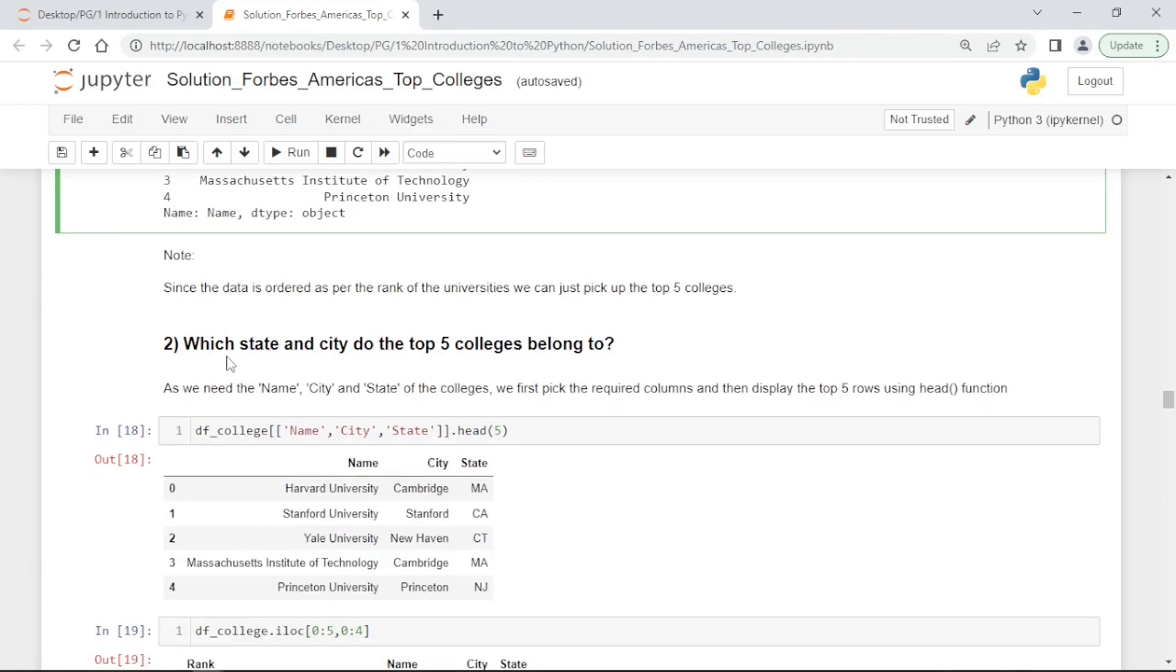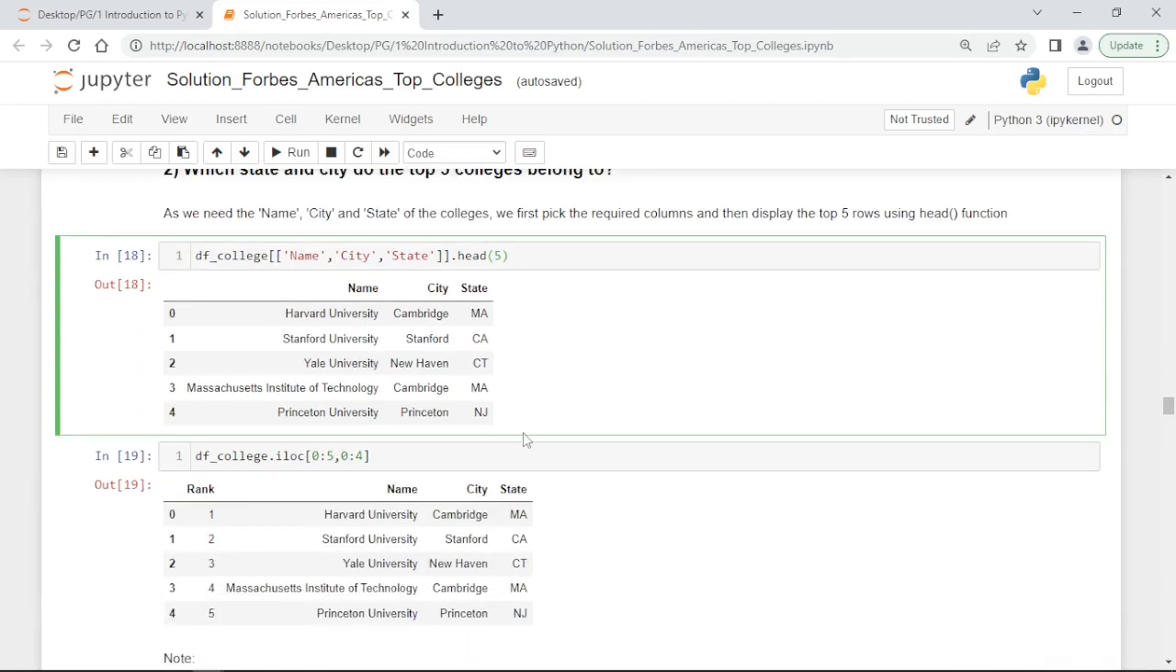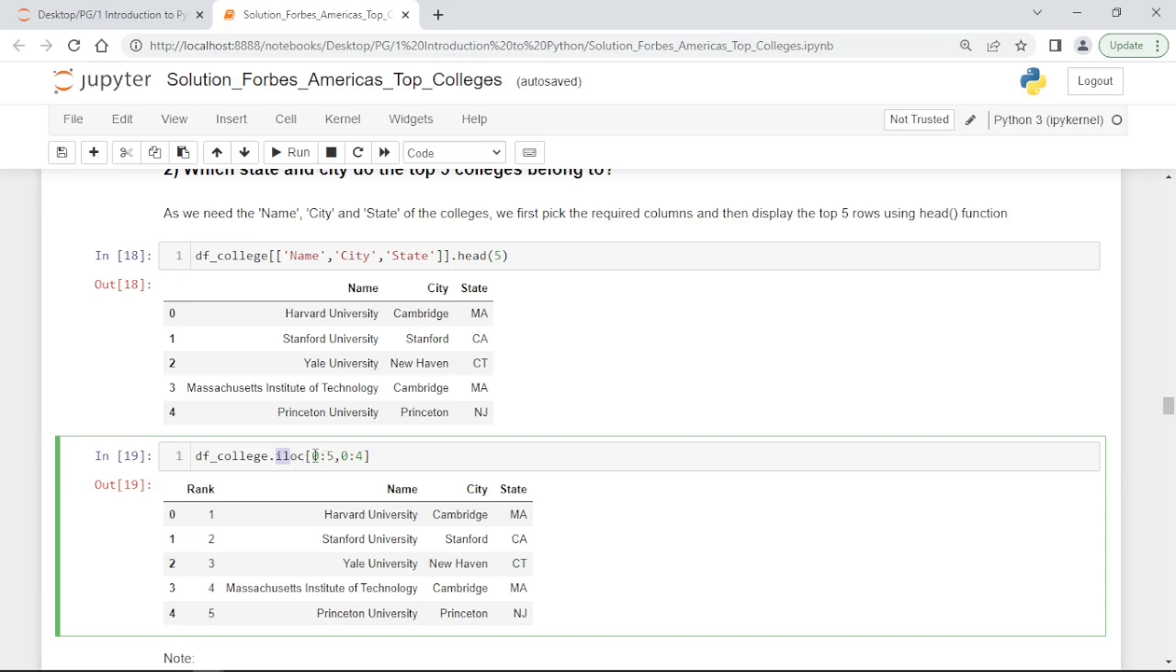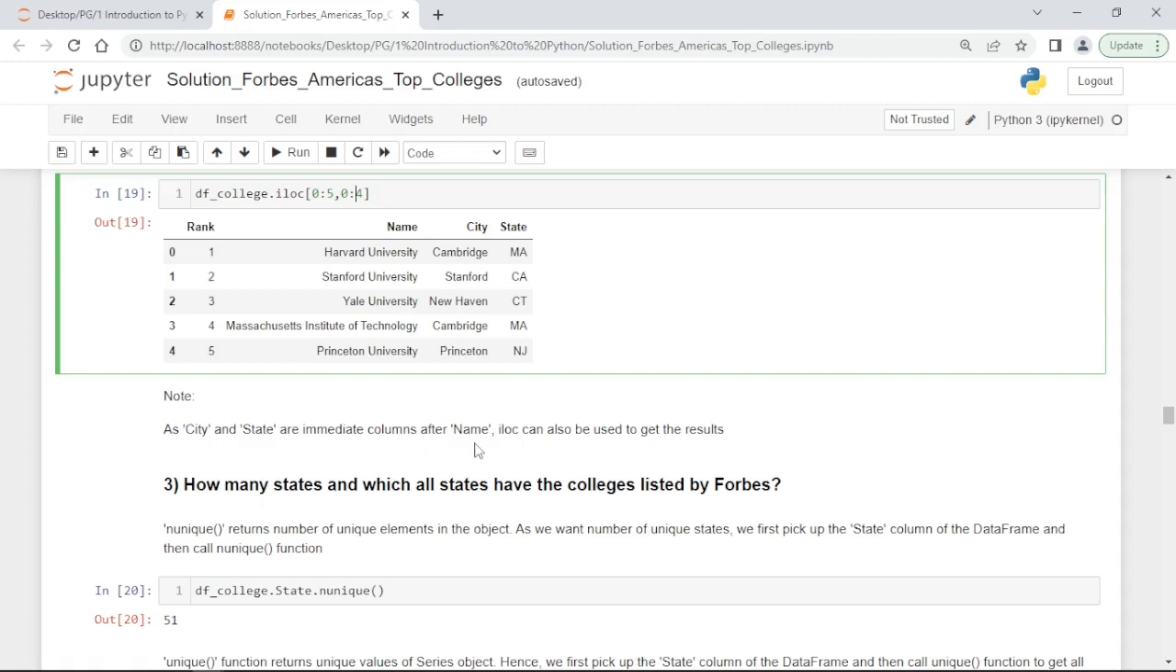Okay, and now it is asking which state and city the top 5 colleges belong to. Again, simply we will use DF college. Okay, now we are printing the name of the college, city, and state. Again, it will get the top 5. We can also do that in a similar way, by using the iloc function, because we need only 0 to 4 rows and 0 to 3 columns, right? So as city and state are immediate columns after name,